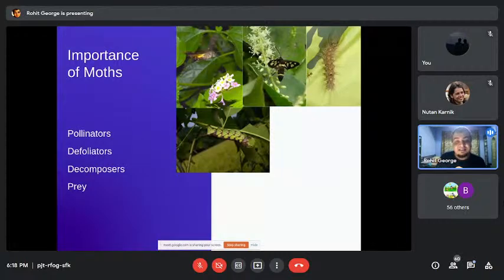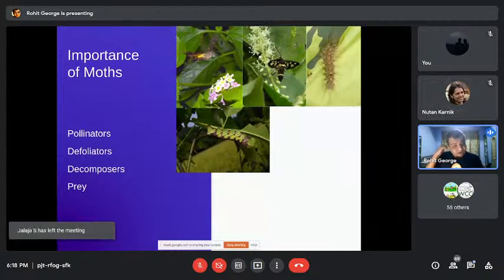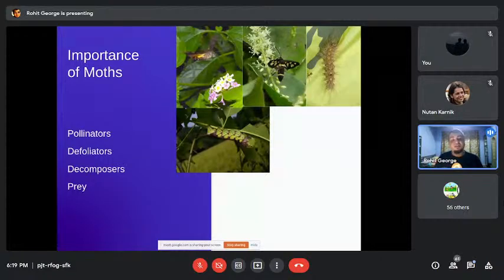But if you actually sit and see how much biomass, how many leaves are eaten by all these mammals, and how many leaves are eaten by these lepidopterans, these moths will be eating many times the amount of leaves that the herbivores eat. It's because they eat so much and because there are so many of them.